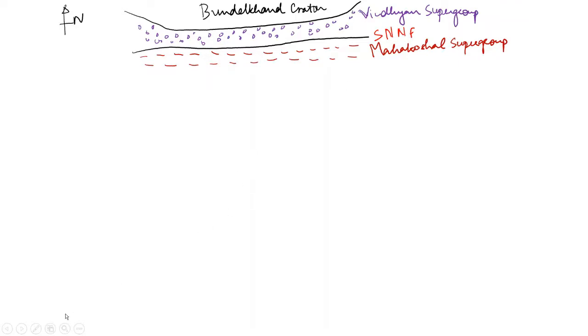Its southern margin is marked by the Son Narmada South Fault. Now starts the typical case of the Central Indian Tectonic Zone, where